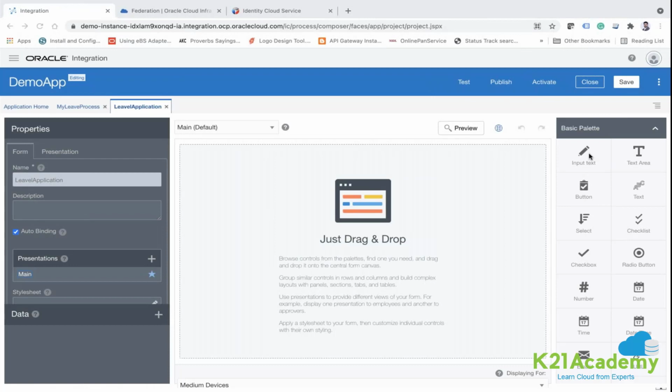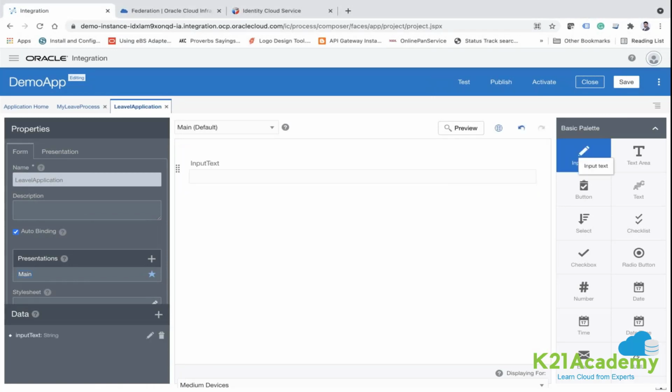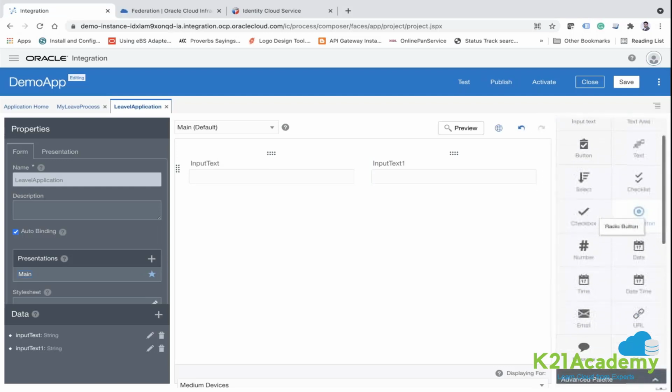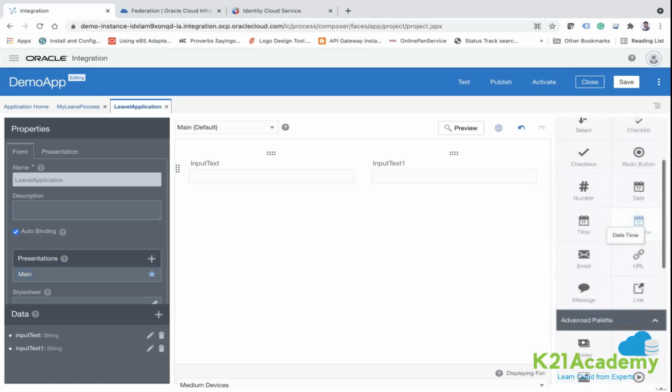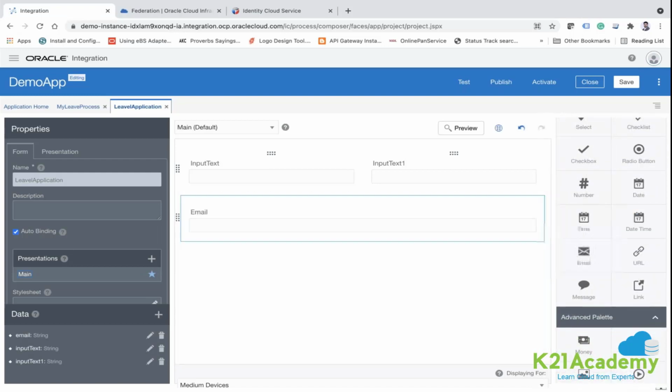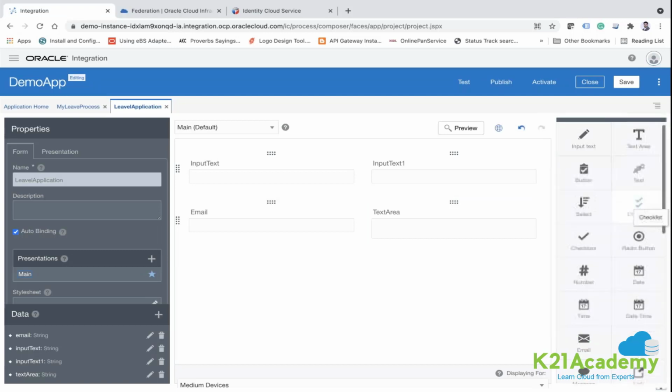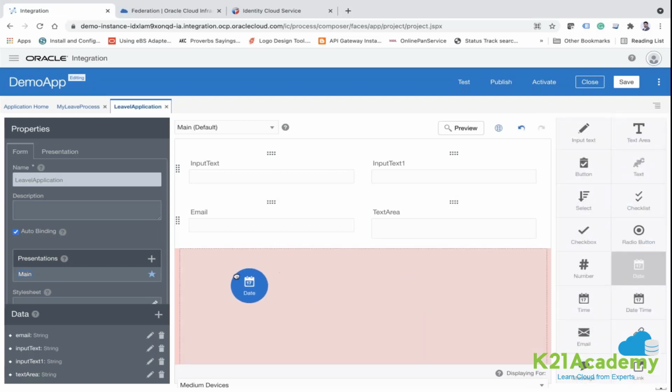Let's try to do this. Okay, here you see input text, input text. Let's say email. Okay, let's say one more text area here, and then date.